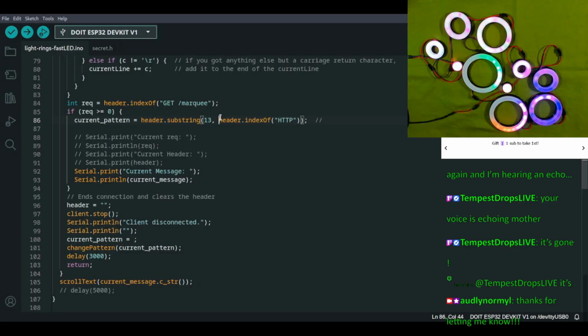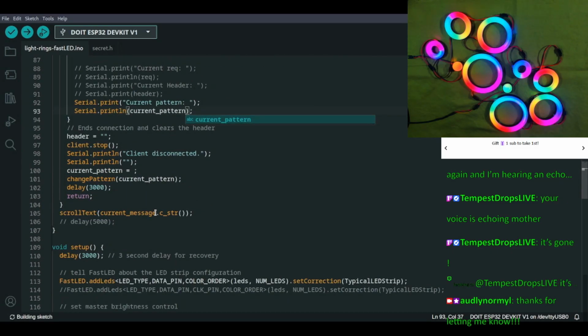Only we don't need to do all this here because we're only going to be sending, well, I guess we can. We can do it. I'm going to add the space in there, and hopefully that will allow us to trim it down to what we want. And then serial print current pattern, and we'll print the current pattern.